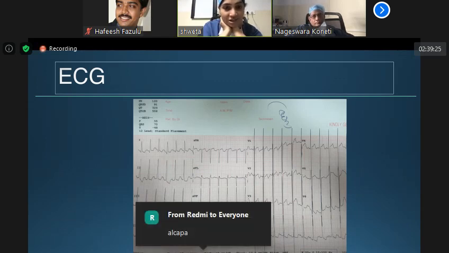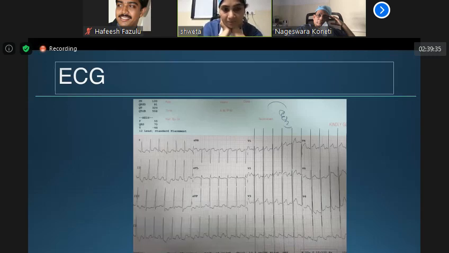So if it is just volume overload, then you are seeing Q waves in V5, V6. I'm saying this is just a volume overload condition. So how are the Q waves here different? I would expect tall peaked T waves. Then you won't find Q waves in 1 and aVL. Suppose just VSD, PDA, AP window, there might be deep Q waves in V5 and V6, more than 3 millimeters, but you won't find such a deep Q wave in 1 and aVL, right? Yes. So what do you think?